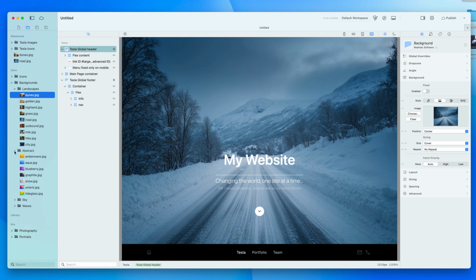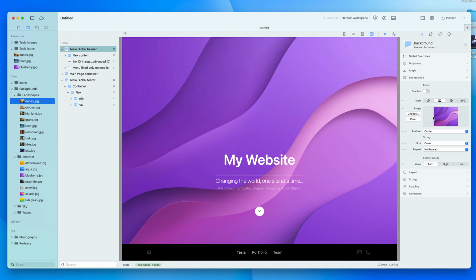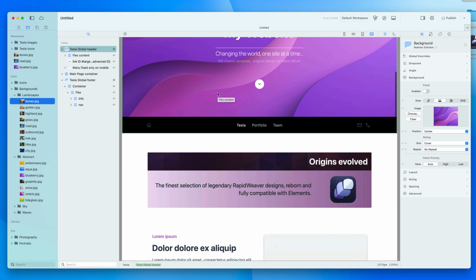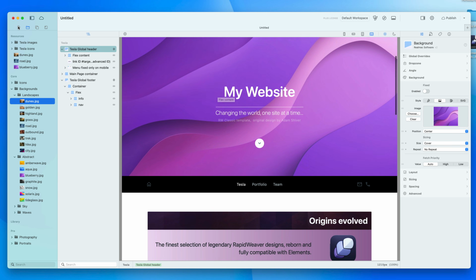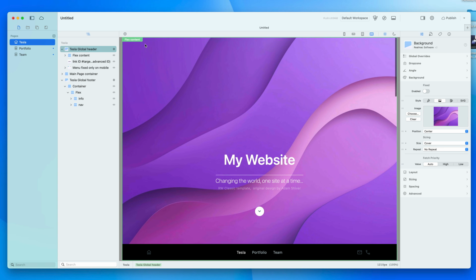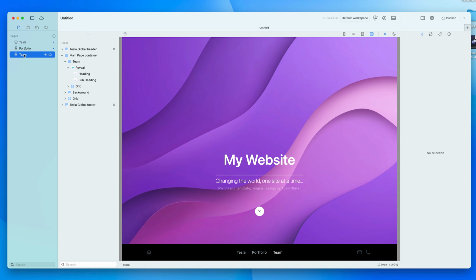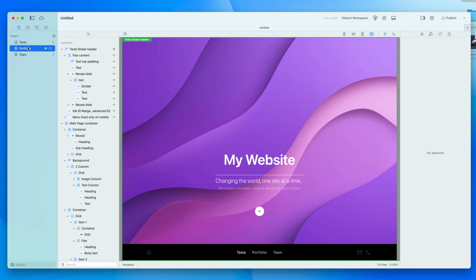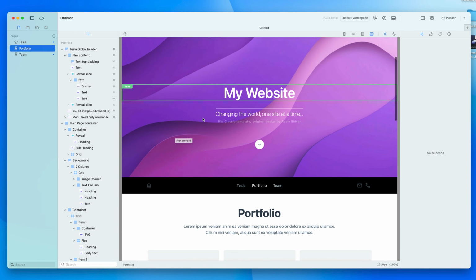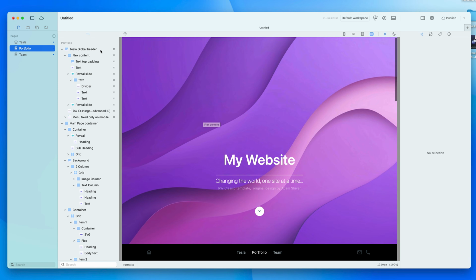We can make this our own. We've got some abstract patterns here as well. Boom. So this is looking quite nice. And of course, because this is highlighted in green, this means it's a global and probably used on every page, which is looking good. Now, if we didn't want this background image on the portfolio page, for example,